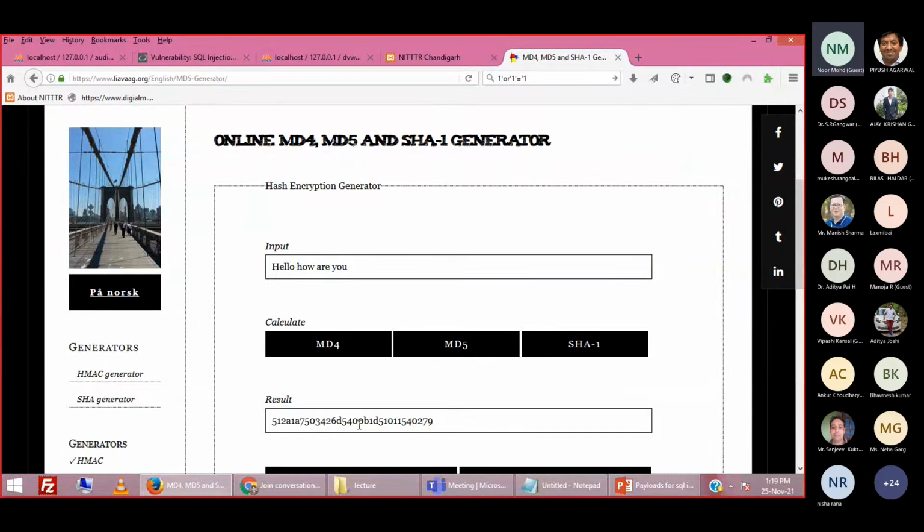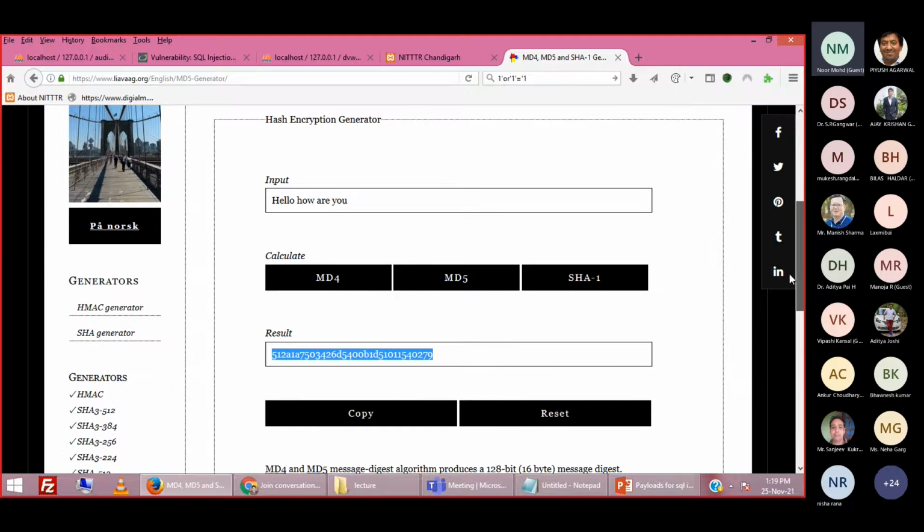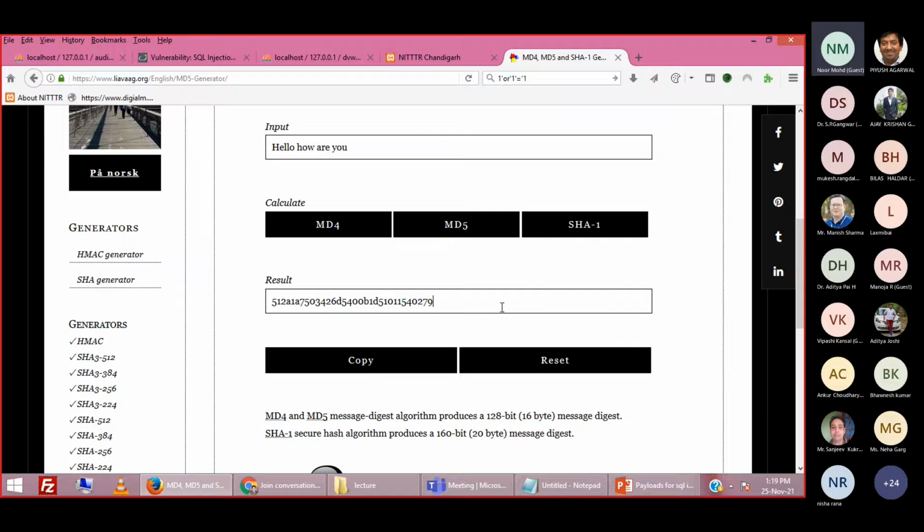The 32 character length MD5 has been generated here, right? Let me copy it. If I just put a single quote and a dot here, this MD5 has changed. So if you change anything, the MD5 will change, right?